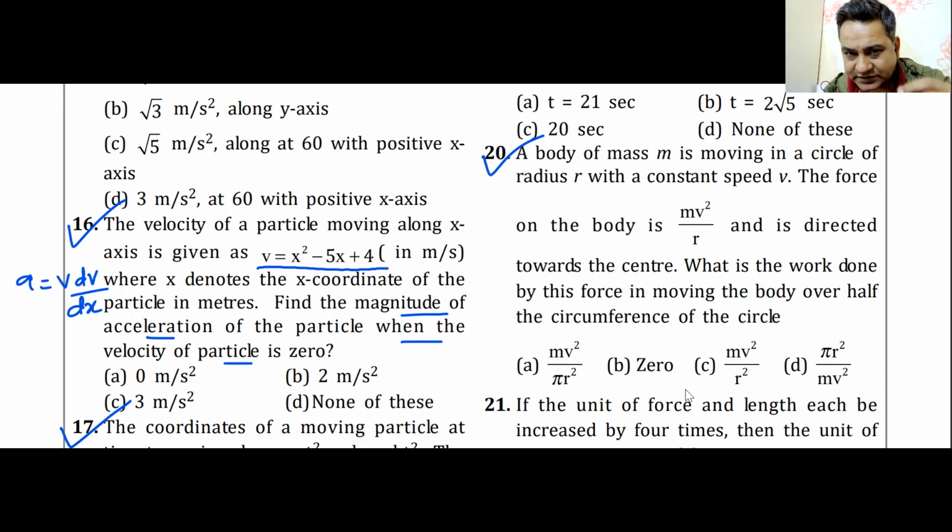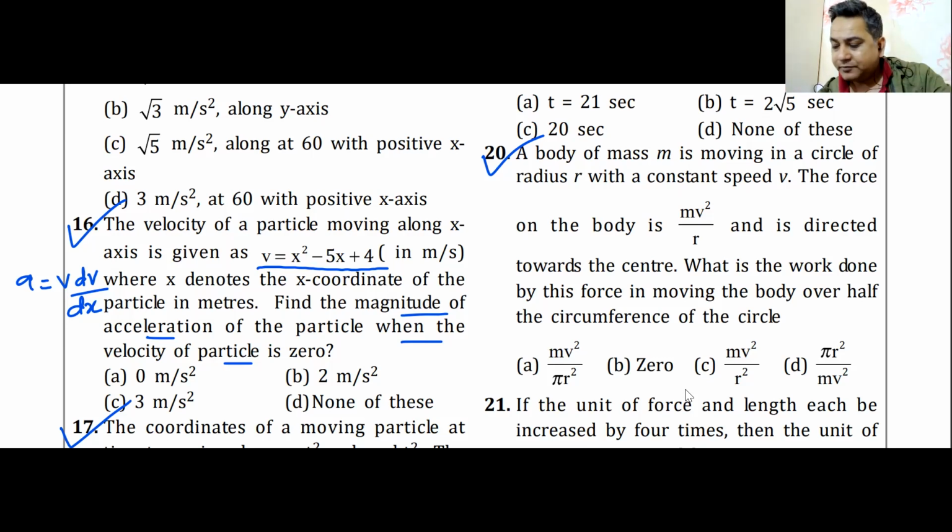If you find out those easy ones, out of 25 questions, I can bet around 18 questions would be easy, medium to easy. 18 at least. Forget about the rest 7. 18 questions would be easy out of 25. You have to find those. And that is the reason there must be questions like this. As you can see, the question looks long, but the answer is straightforward.